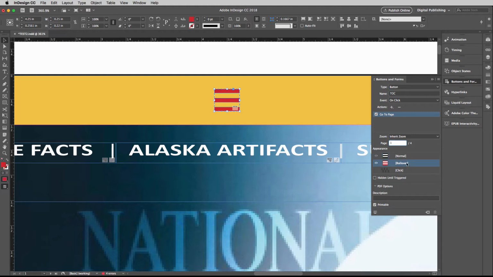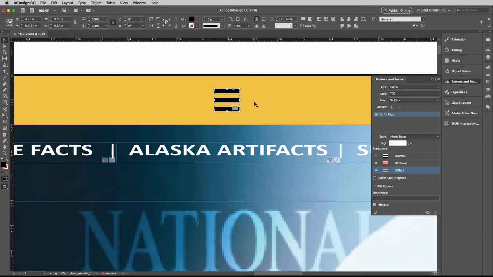When someone puts their mouse over top of the button, it actually turns red. Not when they click on it, but just when they mouse over it. And then we can also add a color, and let's do that. I'll show you how it's done. I click here, and then it's going to allow me to select the color